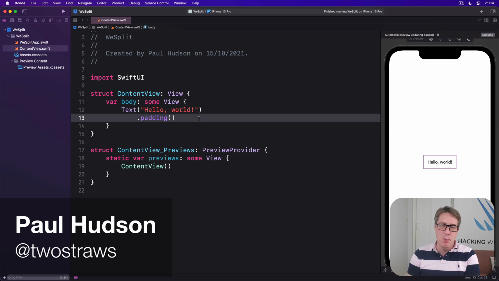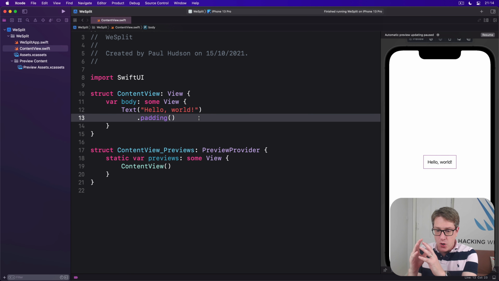SwiftUI's @State property wrapper lets us modify properties inside our structs. And so, as our program changes, we can update our view properties to match those changes. However, things are a little bit more complex when dealing with UI controls. For example, if you wanted to have an editable text field that you can type into, you might write something